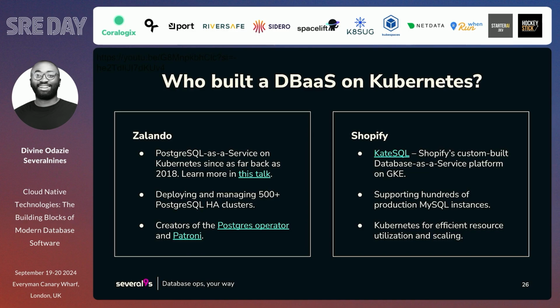This is just to show database on Kubernetes is being used. I asked a few people since coming to this event yesterday, will you put your data on Kubernetes? Some people said no, some people said yes. Not everyone will support putting databases on Kubernetes, even those with database experience, because of the challenges of databases on their own. So this gives you encouragement that there's been a lot of improvement over time, and a lot of investment in both open source resources and expertise to bring it to this scale.